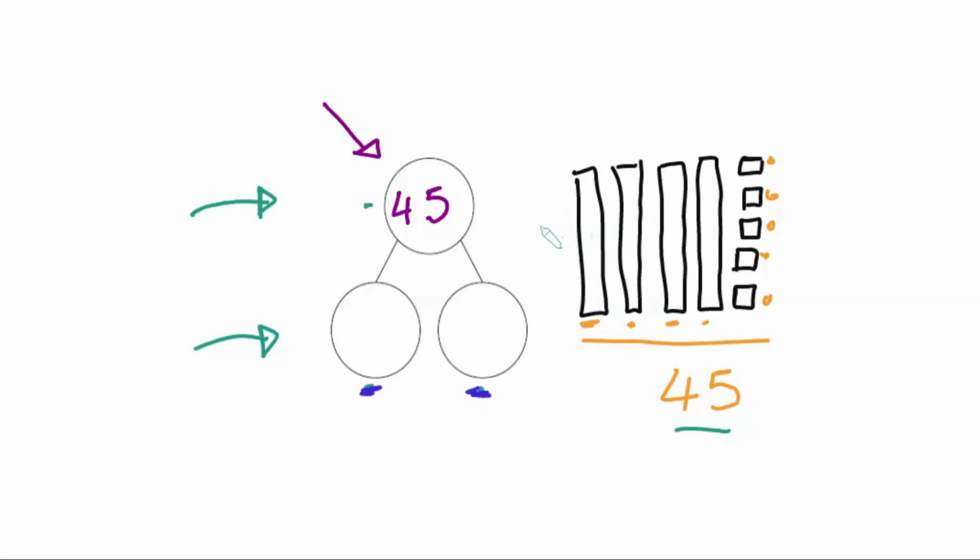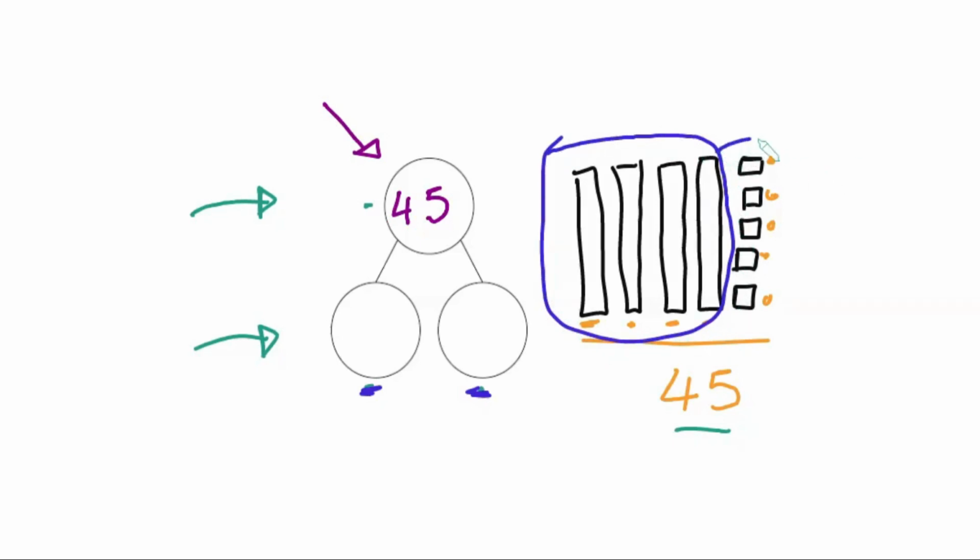So if you have a piece of paper and a pencil, then you can draw this out and see if you can partition number 45 into any alternative ways. But shall we do an example first? Here we go. So, for example, I might want to do it nice and simple and break up my tens